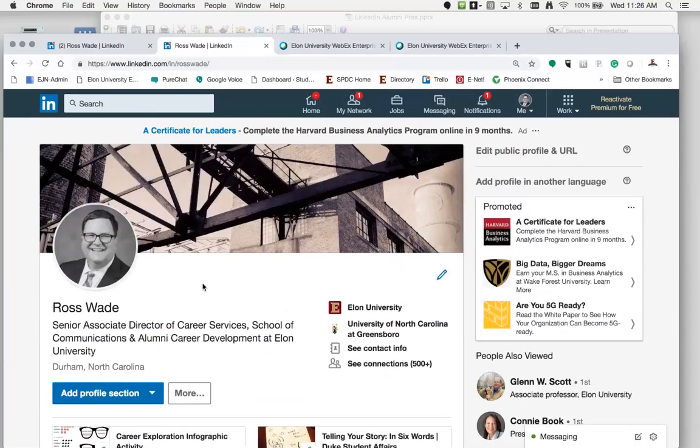So that is the quick and dirty of how to put together a strong basic profile, including thinking about a word bank, making sure that you are using media, and being strategic about how you're framing your professional self, so that when someone goes to your profile, it's very easy to see from the start, oh, this person is an educator, or this person does research, or this person is an actuary. So that's the quick and dirty on that.